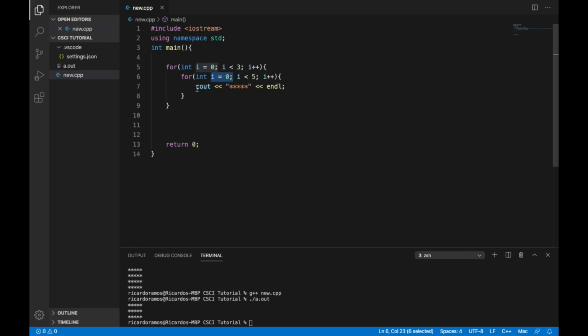And since this is true, it's gonna cout this line of stars, and then this integer i, the one on the inside, will be updated again from 0 to 1. So now it's gonna be 1 is less than 5, kind of like before, which is also true. And then it's gonna output this line again, and it's gonna be updated again. It's gonna go to 2, it's gonna go to 3, it's gonna go to 4. Once this for loop is false,